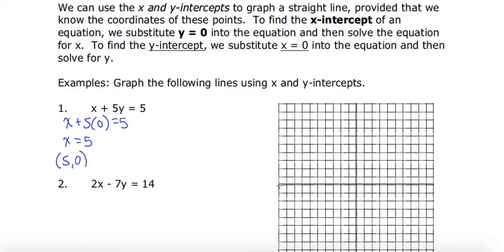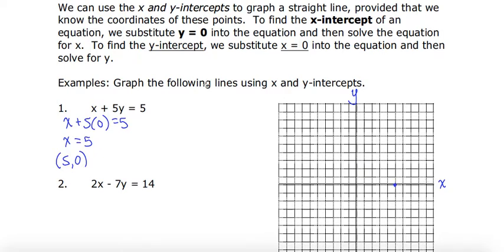0). So if this is the x-axis right here, I know it's not as thick as we would like, but we're going to use this. And then the y-axis is this vertical line right there. We're going to go along and we're going to assume that our units are in ones. So we're going to go along to 1, 2, 3, 4, 5, and that's our x-intercept right there for number